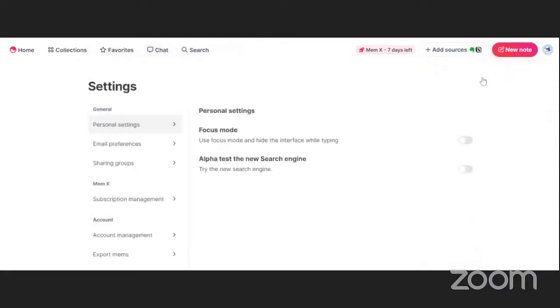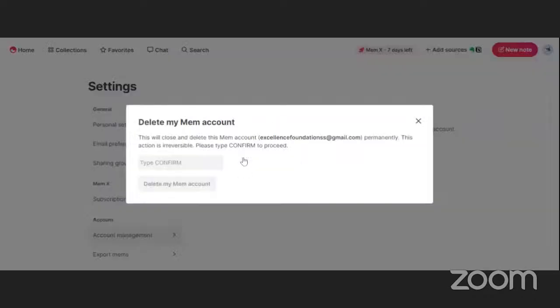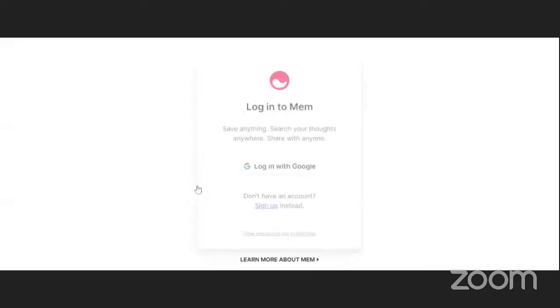So this is it. Subscription, account management. If you want to delete your account, you can delete. I write confirm here, delete my account. My account is deleted. But that is it.